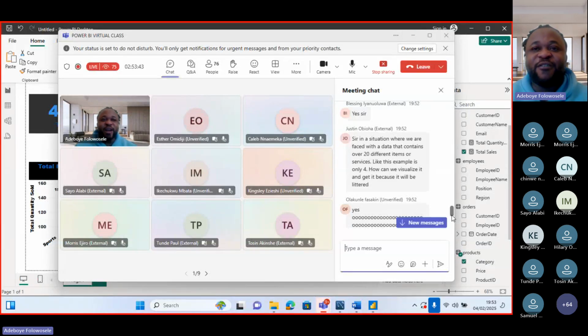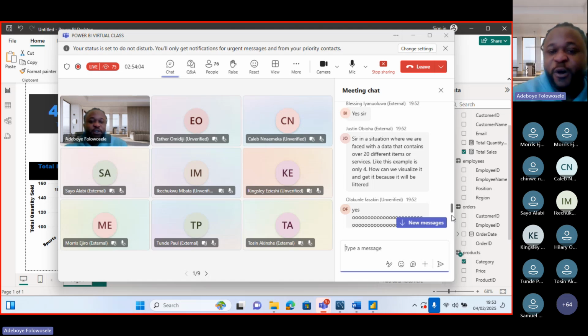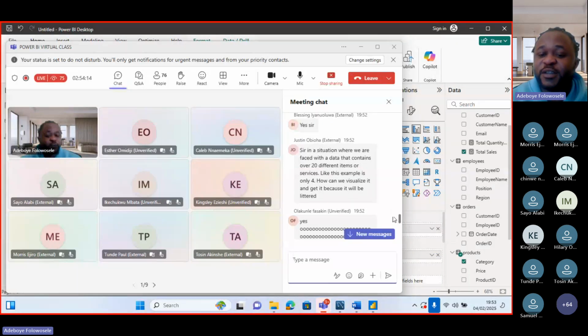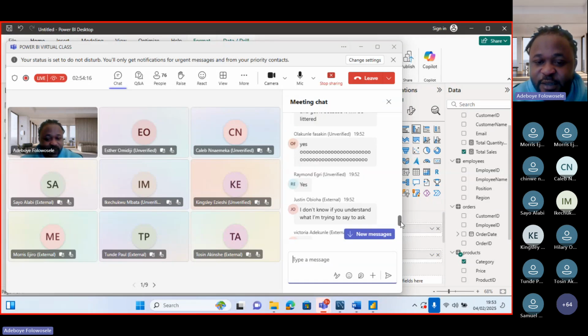The highest you can have as categories in most manufacturing companies is maybe 7 to 10. It will hardly get to 10 because they would have classified some products as one. So getting 20 categories is kind of difficult. I know you saw that this one is 4. You can still use this, but the only difference is that it's going to occupy more space. That's the only difference. But as long as your data is making sense,